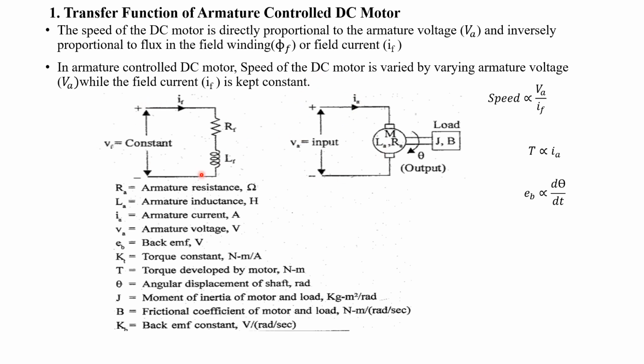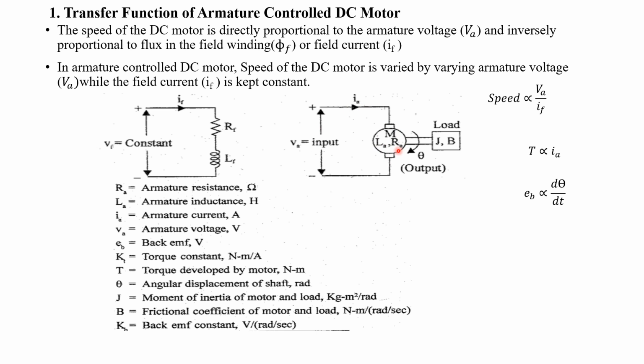Okay, all the parameters in this field section will be represented by the suffix F, that is VF, IF, RF and LF. This is field voltage, field current, field resistor as well as field inductor. Similarly, this is an armature section. Here you will have armature voltage, armature current, then inside the motor the armature inductor as well as armature